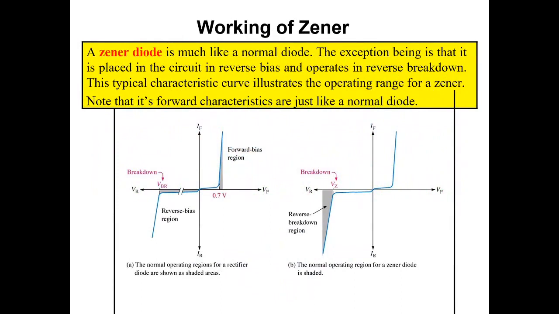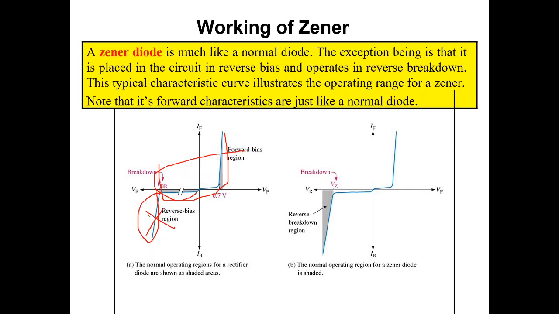The working principle of the Zener diode is like a normal PN junction diode, but if you observe, in this case the PN junction diode will be operated only up to this point. This is the region of operation of the PN junction diode only. It will not enter into this region. If it enters this region, we say that the diode has broken down. At that time the diode cannot get back its normal characteristics; if you use it once again, the diode will not give the normal VI characteristics.